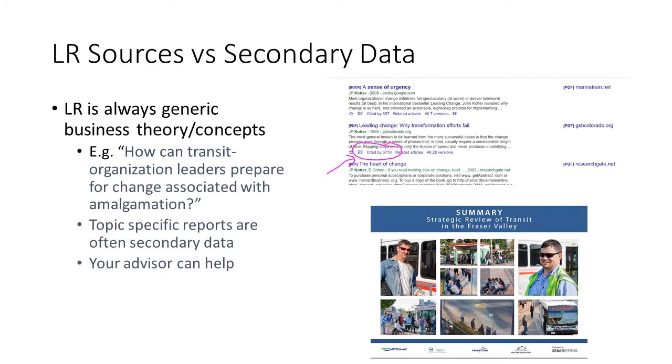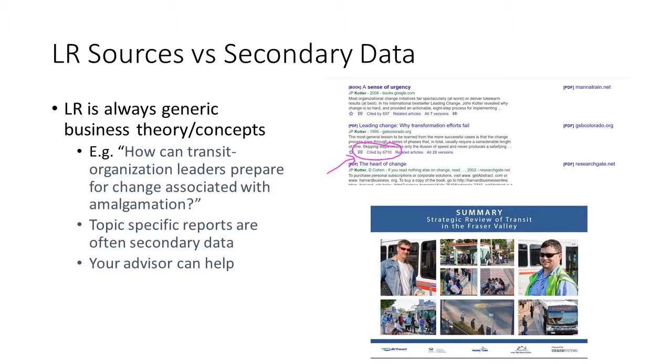I want to talk to you about an issue that arises frequently among people doing their lit review, and that is distinguishing between what is actually literature that you want to include in the lit review and what is data that you are going to analyze. So the lit review is where you get an overview of the management concepts or theories that apply to your topic. So if I go back to an example that we spoke about at the last Collaborate,